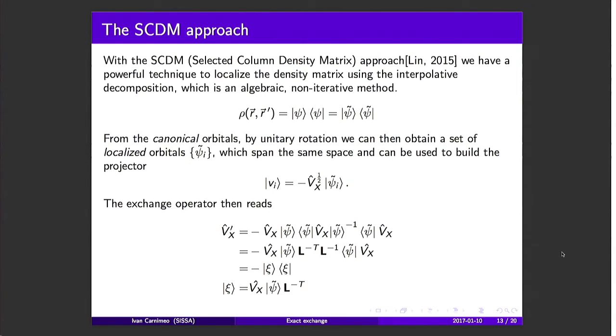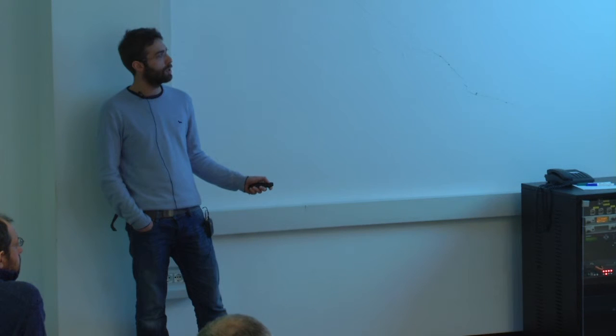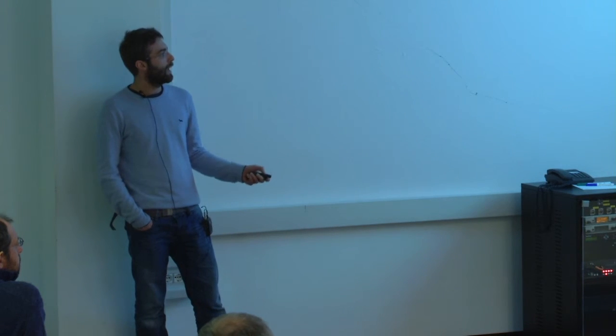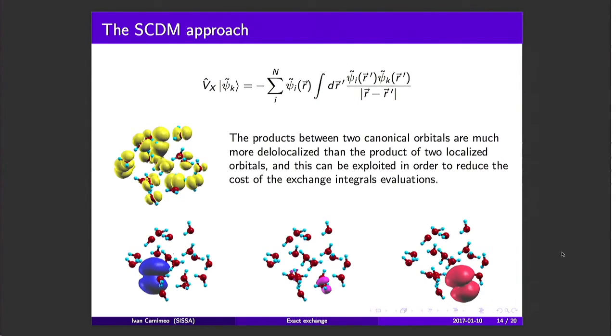And here, in order to assemble the Xi vectors, we don't need the action of Vx on a canonical orbital, but we just need to know the action of Vx on a localized orbital, and then of course the matrix. So basically now, in order to evaluate the exchange potential, we have to calculate those integrals, which now involve two